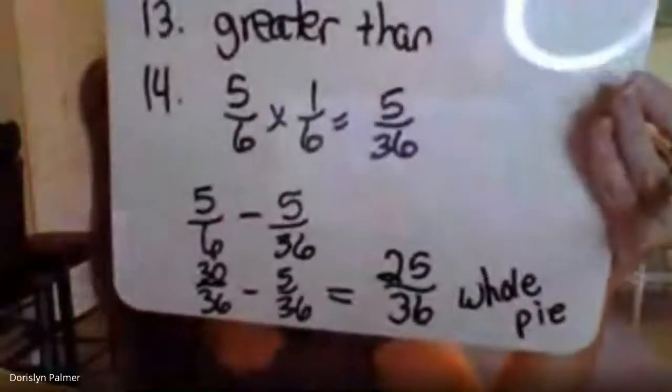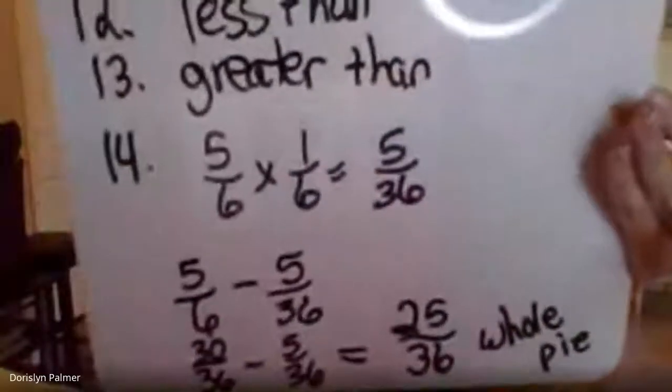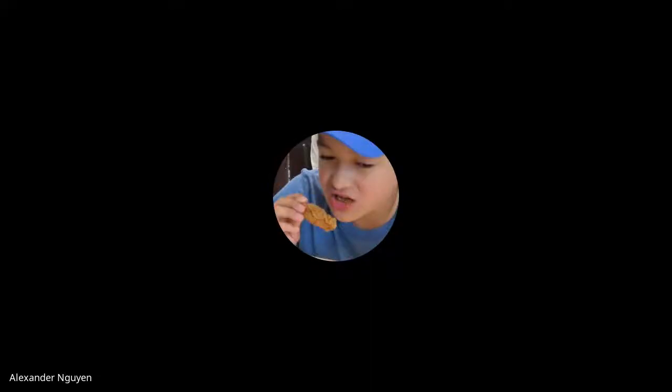Okay. Alex, could you read number 15 for us? Number 15. Everett and Mary are going to make fruit bars for their family reunion. They want to make 4 times the amount the recipe makes. If the recipe calls for 2/3 cup of oil, how much oil will they need? I put 2 2/3. Good. 2 2/3 cups.